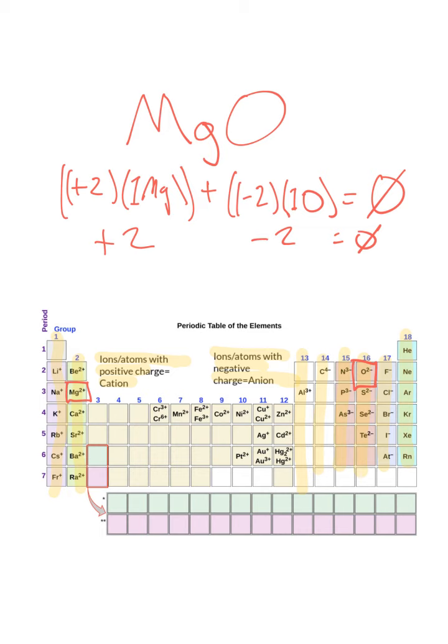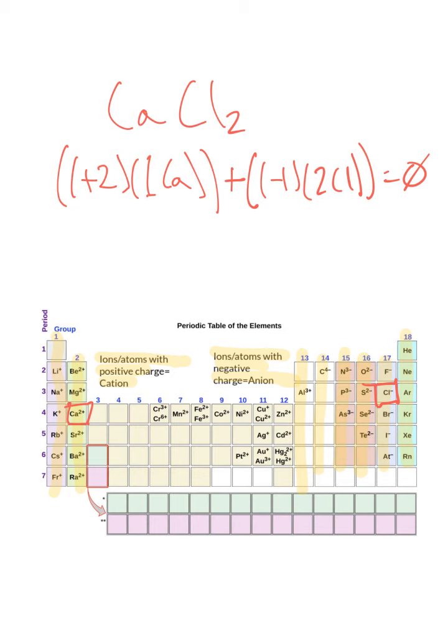In this way, we can think of ionic bonding in simple algebraic equations. This is the same for ionic bonds between more than two elements, like CaCl2. In this formula, there's one Ca, which has a plus 2 charge, and two Cls, which have a minus 1 charge each. When we construct our simple algebraic equation,